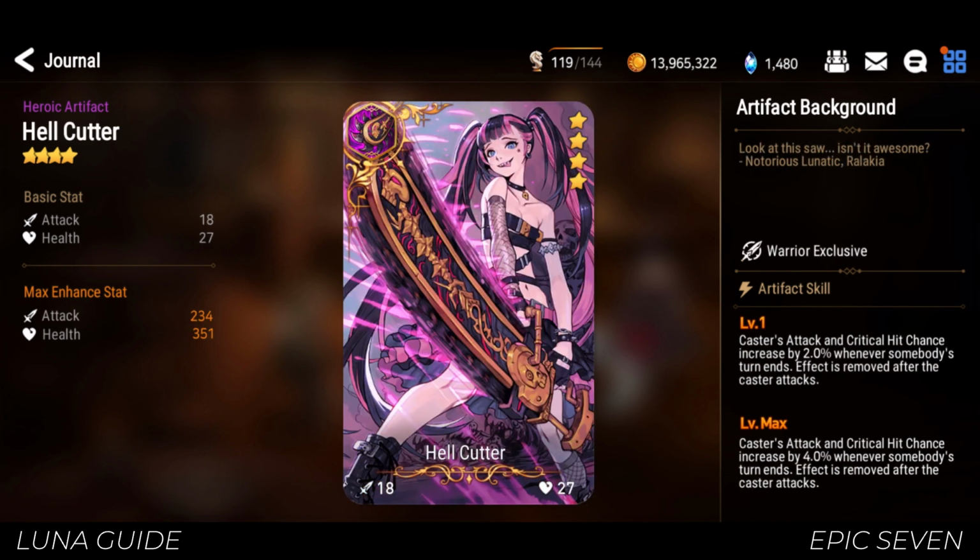Hell's Cutter is good to use if you don't have enough crit chance on Luna. Not only that, but the extra attack from this will also help in one-shotting squishy units. This is best used if your Luna is slow, I'd say somewhere around 140. Also, if you want, you can use this artifact on a faster Luna, as long as she's the slowest